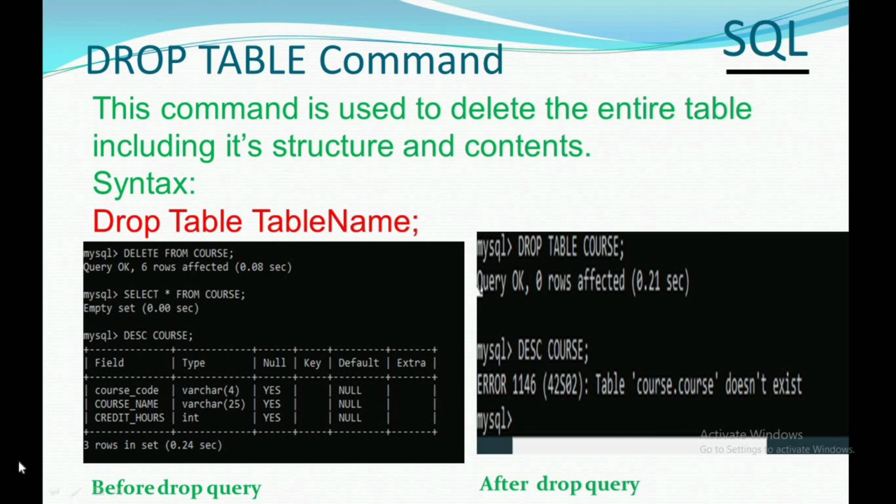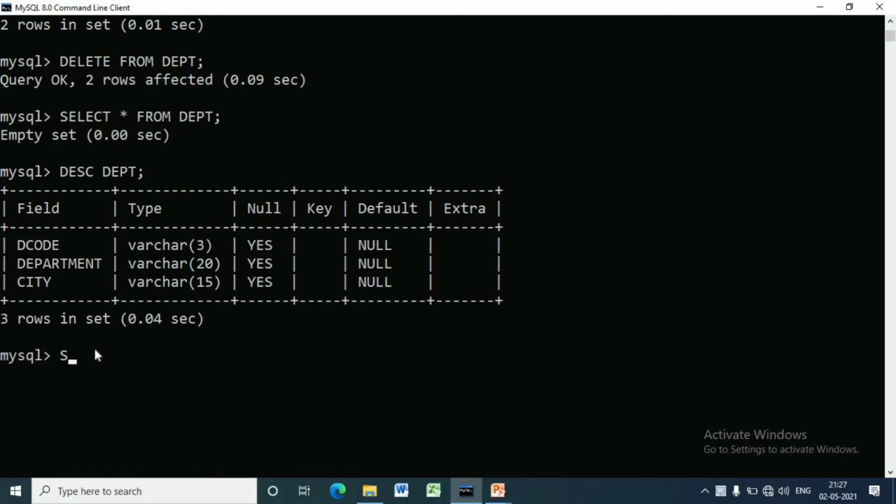If you describe it, it will say table does not exist. After the delete command, if you write describe table name, it will describe the table, but after the drop command, describe table name will give a table does not exist message. Now we'll see it practically.